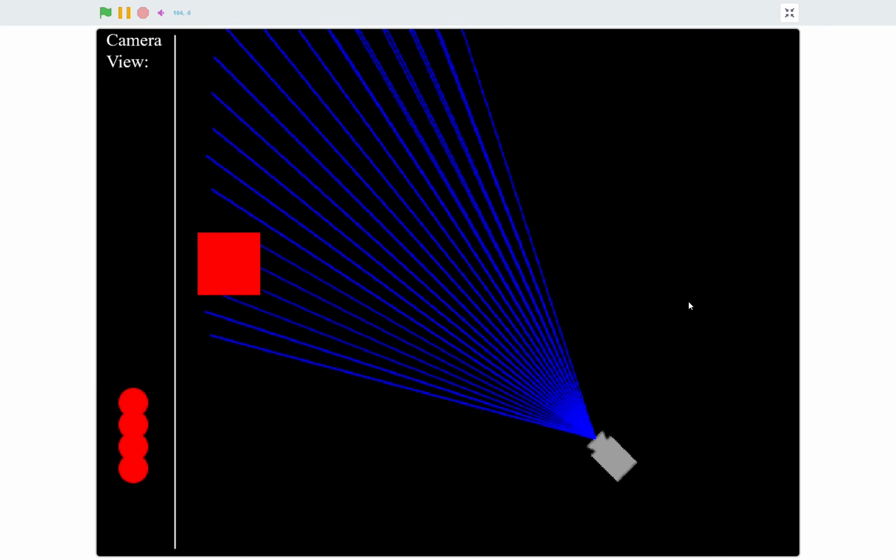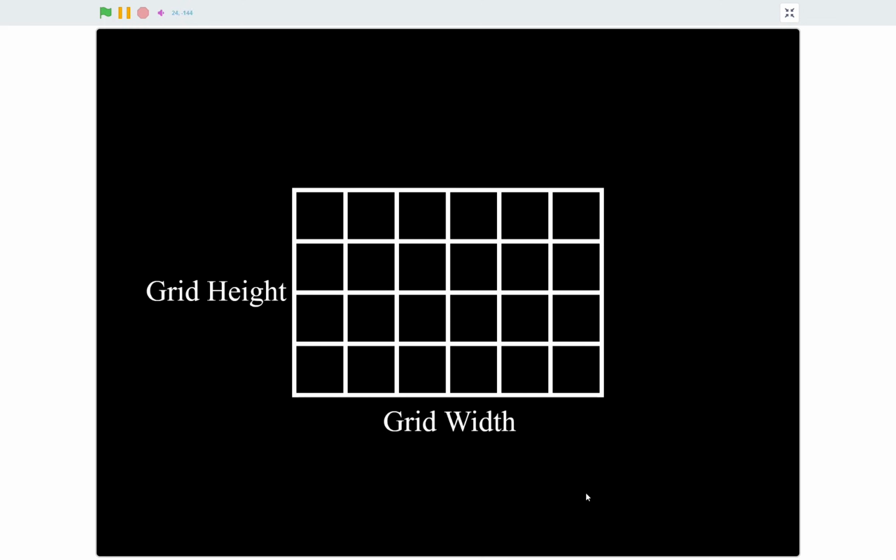Let us now talk about how we're going to store our 3D objects. We are going to use a grid. Now you may have done 2D tile-based games in which we have a 2-dimensional grid with a grid width and a grid height. Each of the tiles are stored in a list. The bottom left tile is at index 1, the next one is at index 2, and then 3 and 4 and 5. And the items at these indices of the grid list determine what tile it is, and also whether